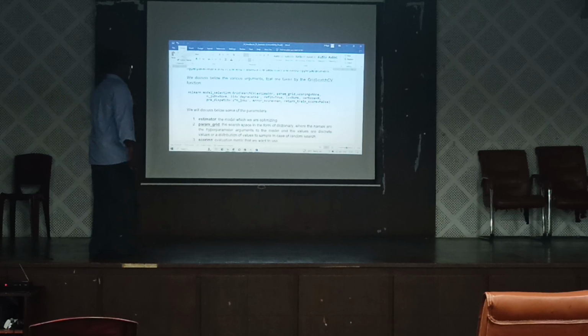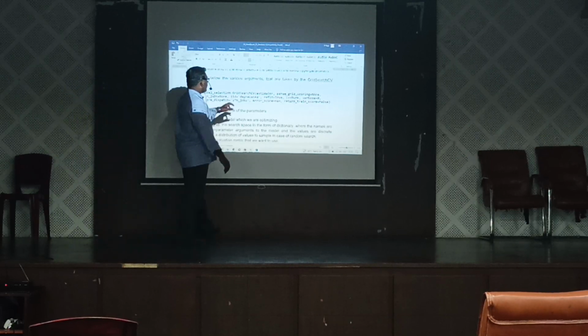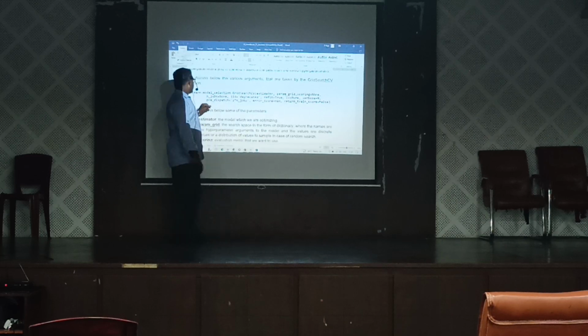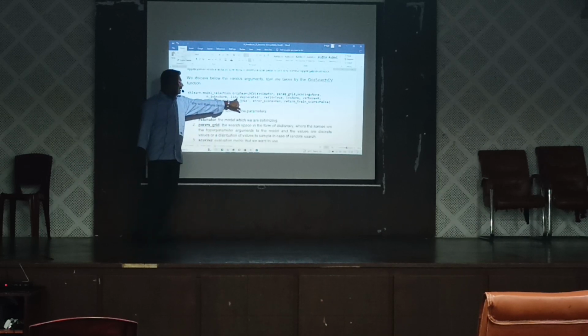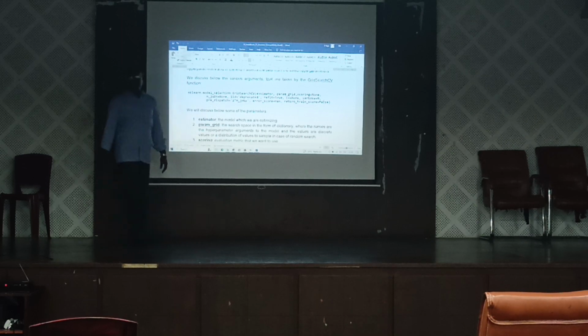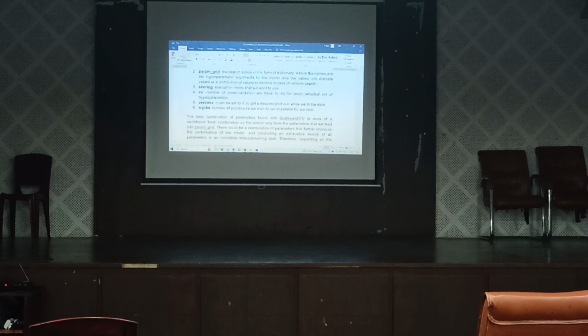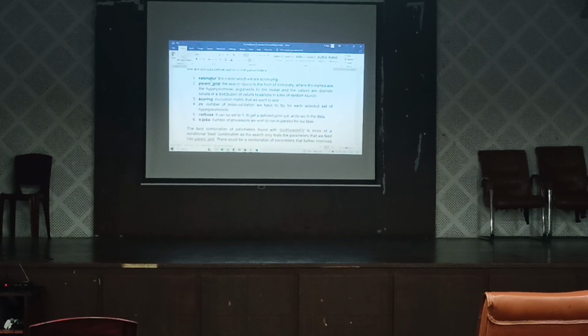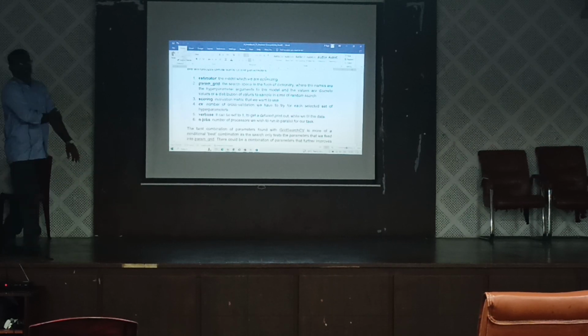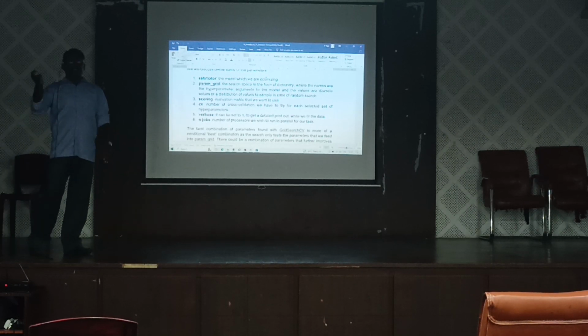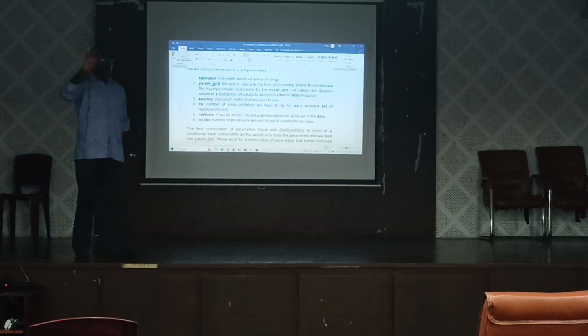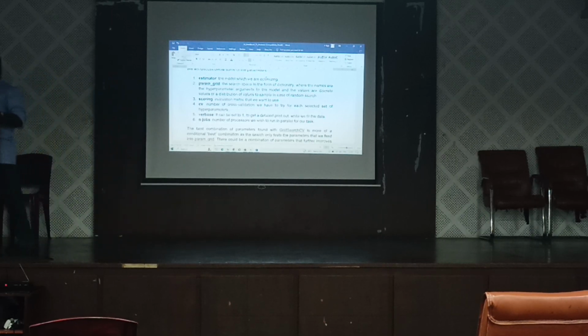We have to provide the values for all of these, like estimator, param_grid, scoring, n_jobs, iid, like that. There are different ones, and we have to pass values for all of them. I am just conveying what the use of each is. First one is estimator. Estimator is the model which we are optimizing. What is the model you are going to optimize? Whatever the model, like linear regression, multiple regression, logistic regression.